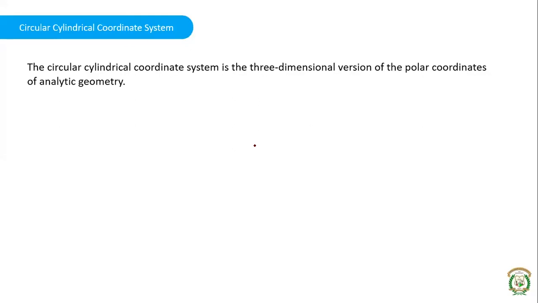It's actually one version of polar coordinates where you had studied r and theta, right? R and theta when it was a two-dimensional system. In the case of a three-dimensional system, we have three coordinates. That is, along with r and theta, we have the z component also, that is a z coordinate. But in the case of cylindrical coordinates, we will not use the terms r and theta in order to avoid confusion with the spherical coordinate system. In the spherical coordinate system, again we get r and theta. So to avoid that confusion, we will use two different things. We will come to that.